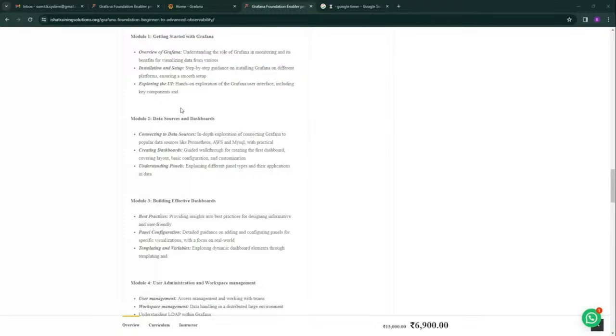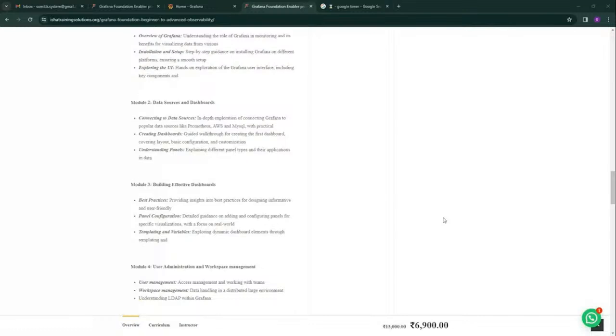Majorly, we're going to cover Linux-based implementation, and that will be self-managed so that everyone has their own lab available, which can be utilized throughout the program for deep diving into the concepts of Grafana. And then it will end with understanding the UI of Grafana, how the Grafana interface looks, where all the different features are available with it,